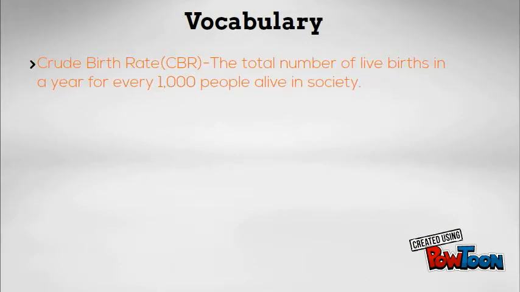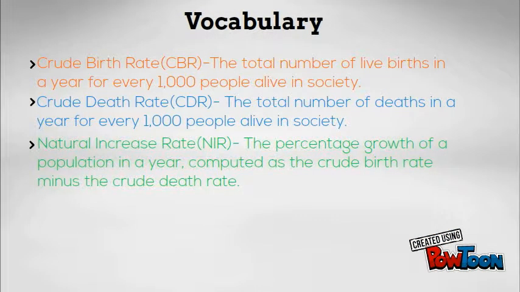There are 3 words you may need to know during this video. The first is crude birth rate. Crude birth rate, also known as CBR, is the total number of live births in a year for every 1,000 people alive in the society. A crude birth rate of 20 means that for every 1,000 people in a country, 20 babies are born over